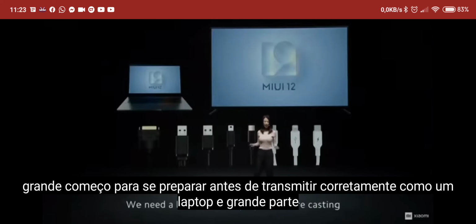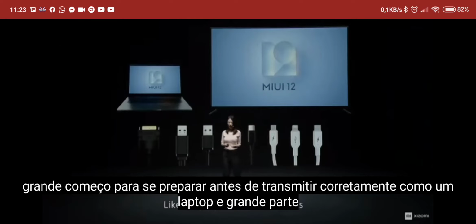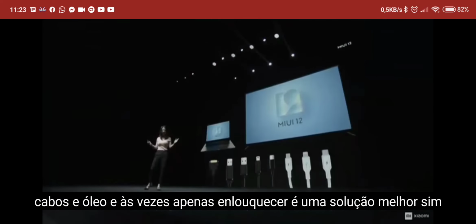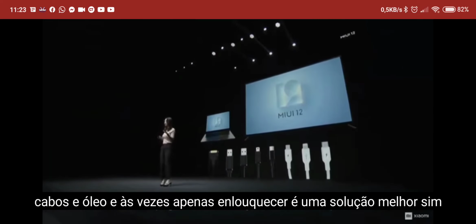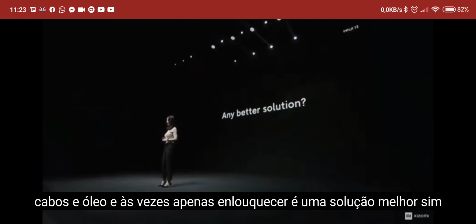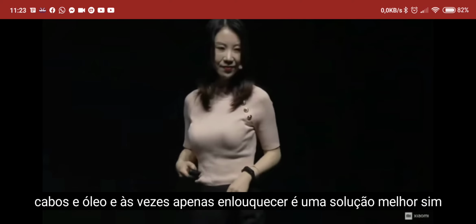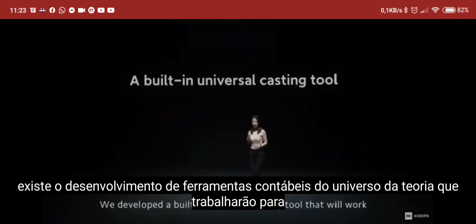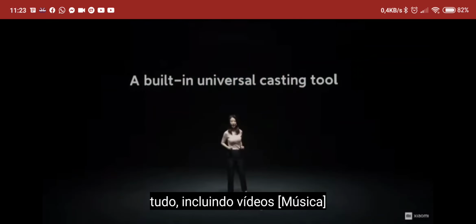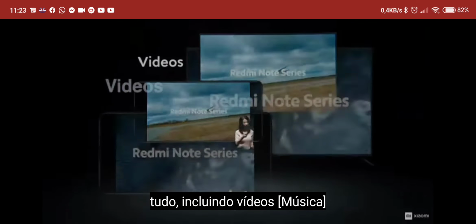We need a lot of stuff to prepare before casting, right? Like a laptop and a lot of cables. Annoying. And sometimes just drives you crazy. Is there a better solution? Yes, there is. We developed a built-in universal casting tool that will work for everything, including videos,